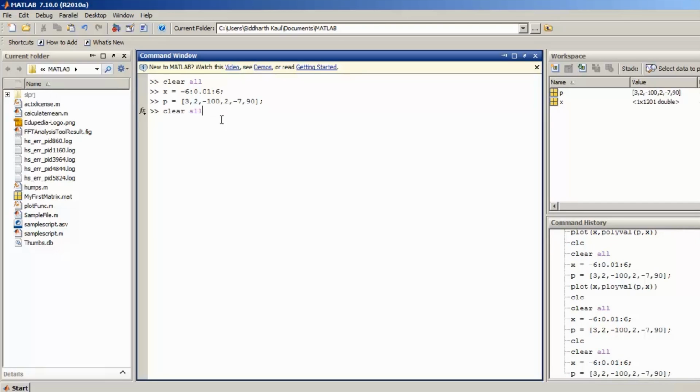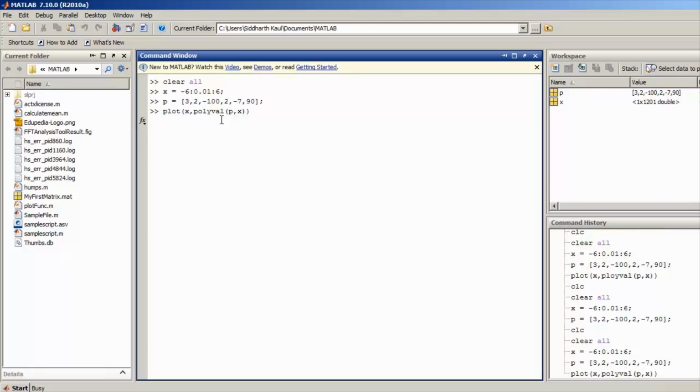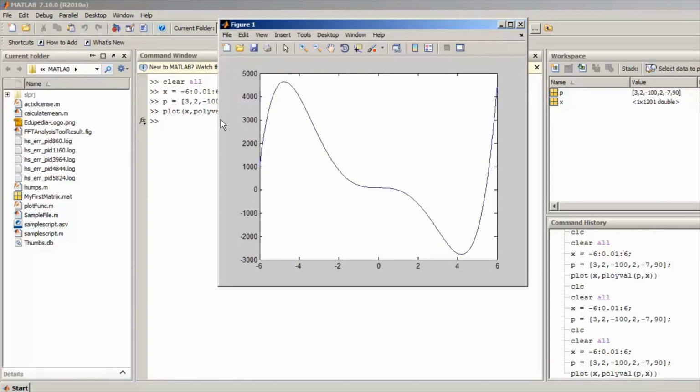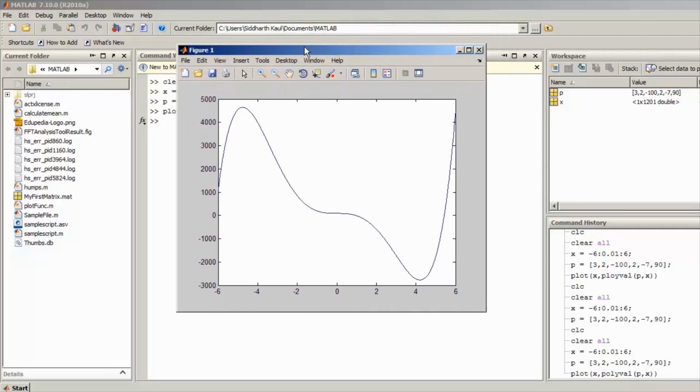Now I will take the plot function and pass this vector x and polyval with p and x, and then plot it. So this is the plot that we got and saw in the slide.